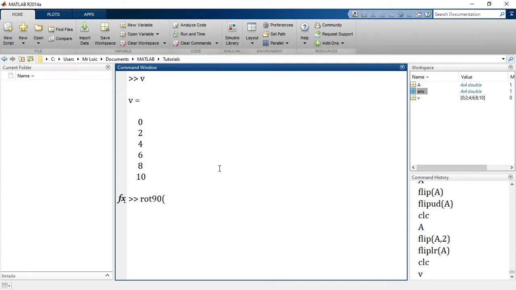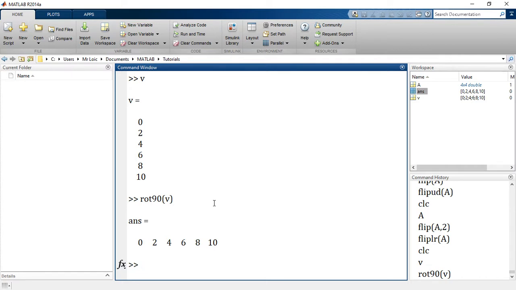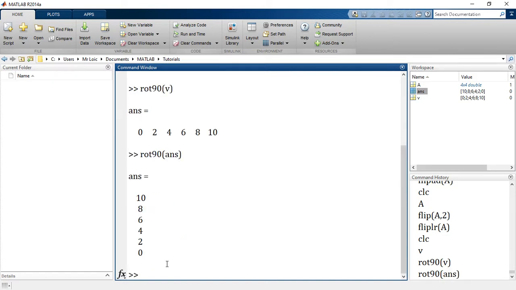So if I say rot90 of V, what happens? It has just turned 90 degrees. Are you seeing that? So now it is straight. If I say rot90 of this, let's assign that to arms. The answer has been assigned to arms. So let's say rot90 of arms and see what happens. Are you seeing that? It has rotated 90 up.